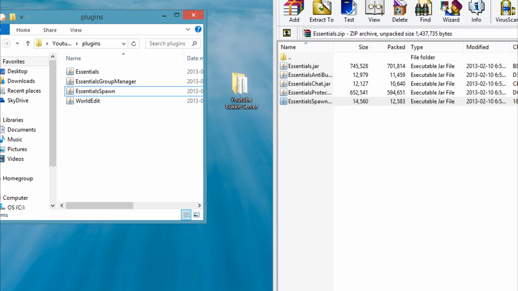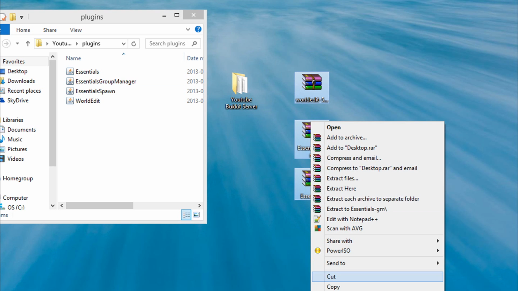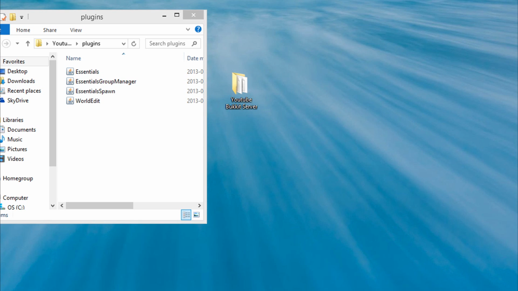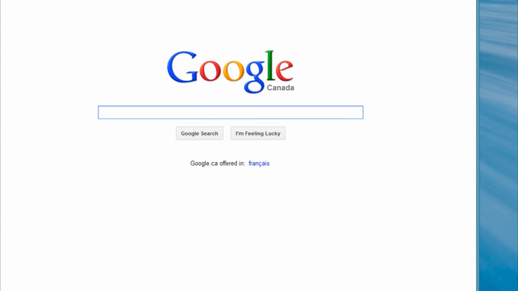Okay. Oh, sorry. There's one more plugin you're gonna need for a good server. So don't put any of the Essentials protection plugins in. Instead, I'm gonna get you a better one. So again, open up the internet. Go to Google or whatever you want. And then go to